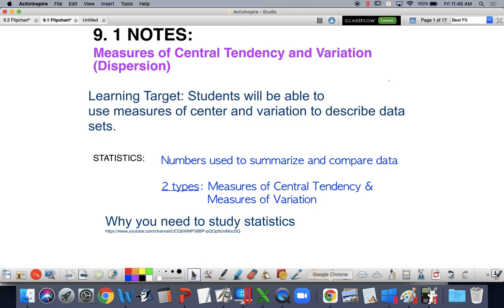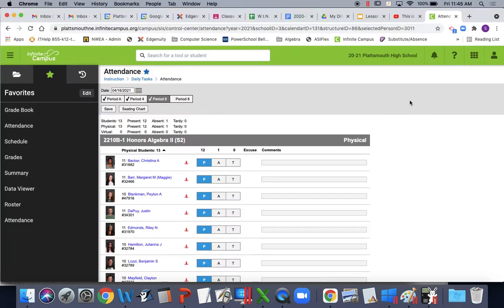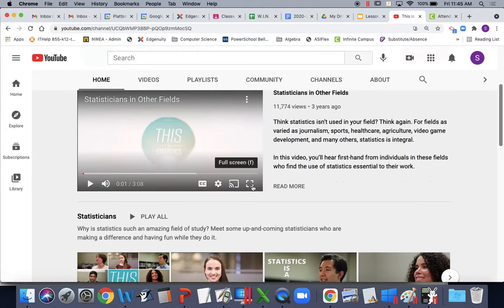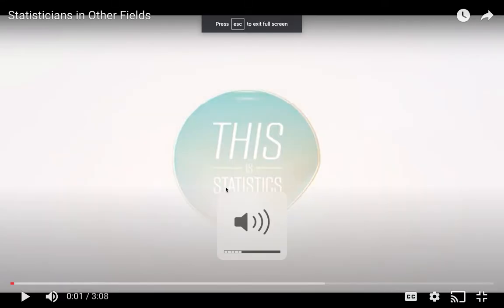So that's the thing, right? Most people that work with statistics do not go into a particular field to be a statistician. I am a teacher, right? Obviously I'm a math teacher, but every teacher in this building has to run statistics on their class performance, right? Why do we get all that math data? What are we looking at? We have to compare, how is this class doing versus last year? How are they doing in the fall versus the winter time? So even though you may not think that you're going to be a statistician, there are so many fields that use statistics, you will probably come across them at some point in whatever you decide to go into.